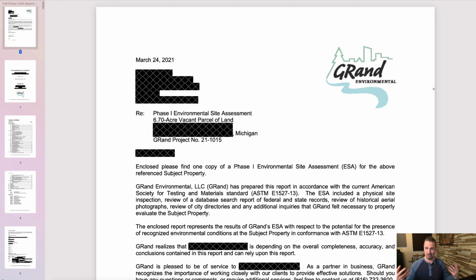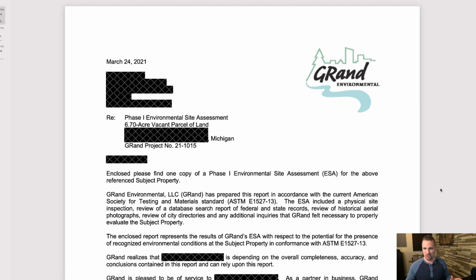When you're buying and selling a residential property, most people never do this kind of thing because there's no reason to. Whenever you're dealing with commercial property, there is potential liability on that property owner if that property is contaminated. Like if there was a gas station on the property in the past, or a dry cleaning facility that polluted the environment, or really anything that just dumped chemicals or carcinogens all over the property. Because these kinds of contaminants can actually cause harm to the people in the property. Say if they're trying to use the groundwater, there can even be vapor issues where vapors come from the ground.